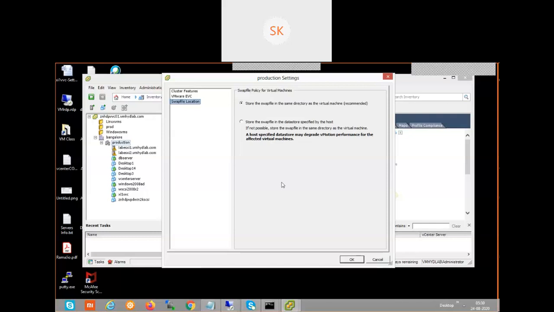Generally, whatever memory is available on the ESXi host, we need to make sure the active memory consumption should not cross 80%. Active memory in the sense of all the VMs we are going to deploy on the ESXi host. For example, 64 GB RAM is there on the ESXi host. We are going to assign 100 GB of virtual machine memory. I configure 10 GB, 10 GB like that, 10 virtual machines, 10 GB each, 100 GB.